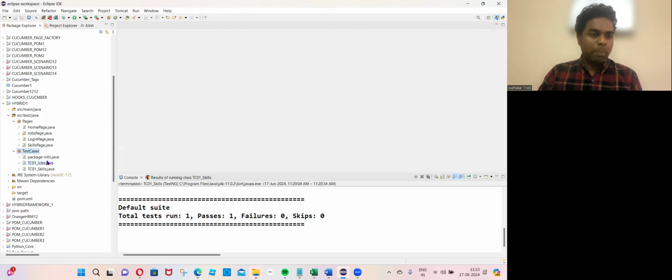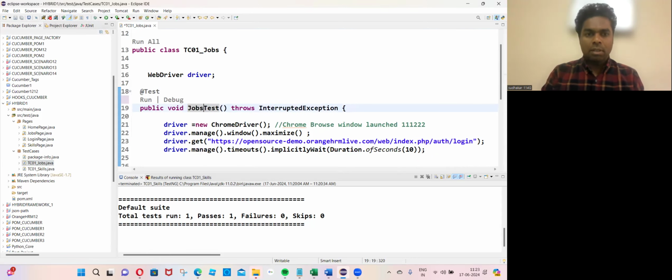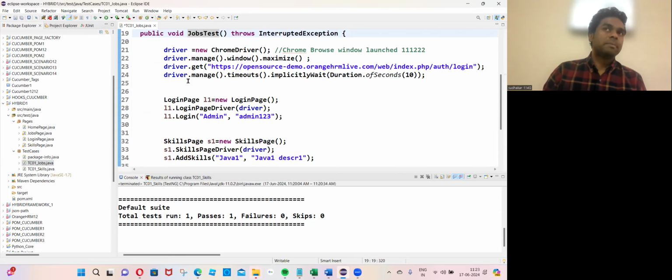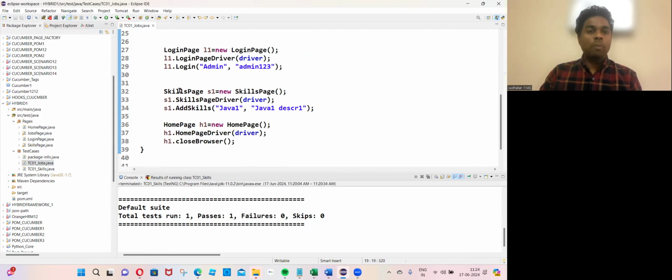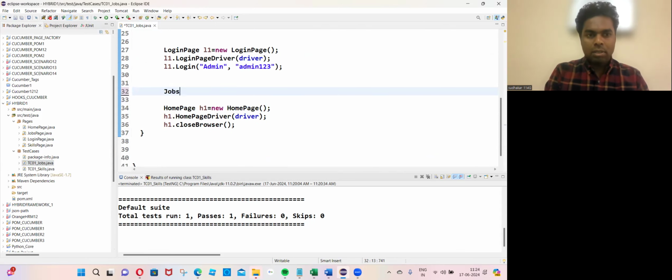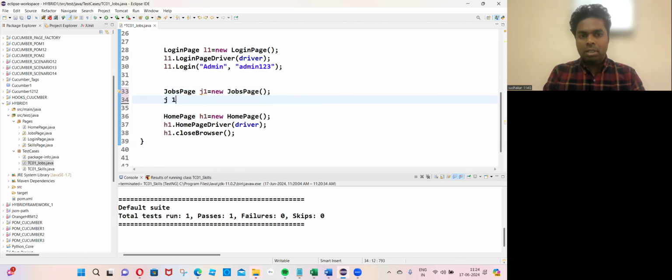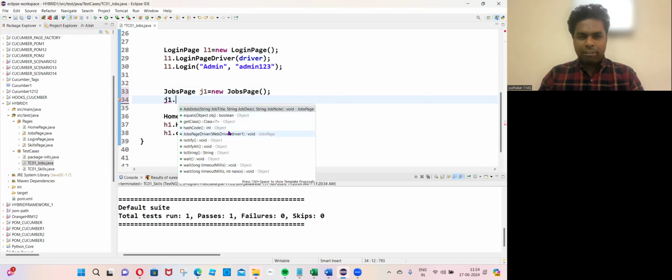Okay, let's close this one. Let's open tc01 jobs. So here I'm going to give jobs test. Anyway, first 4 lines are common. And login is also common. No need to write because methods are invoking from login too. And here job space. Okay, let me delete this part. And J1 dot job space driver. I'm passing